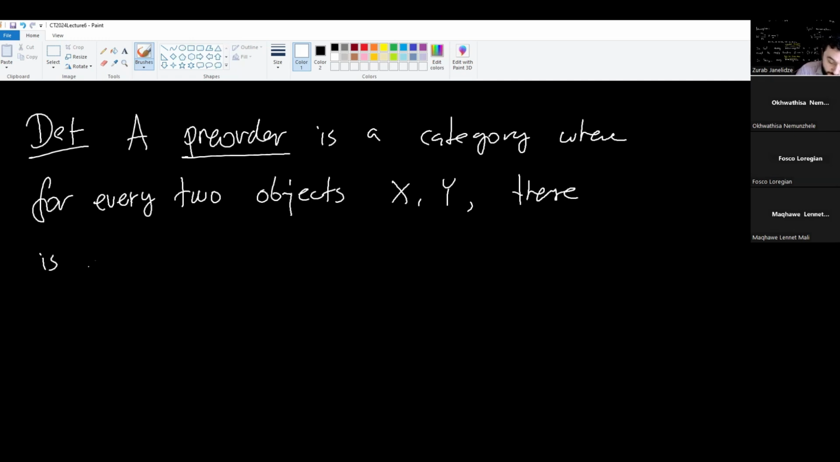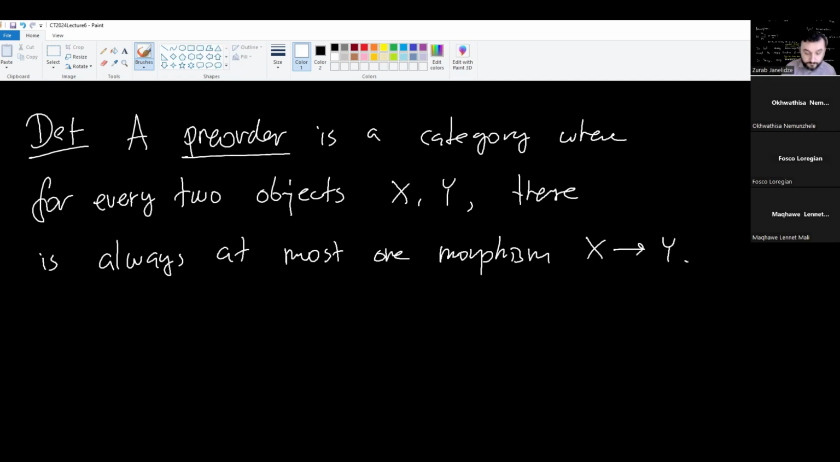For every two objects x and y, okay, let me phrase it like this. There is always at most one morphism going from x to y. It is exactly of the kind of category that I was trying to